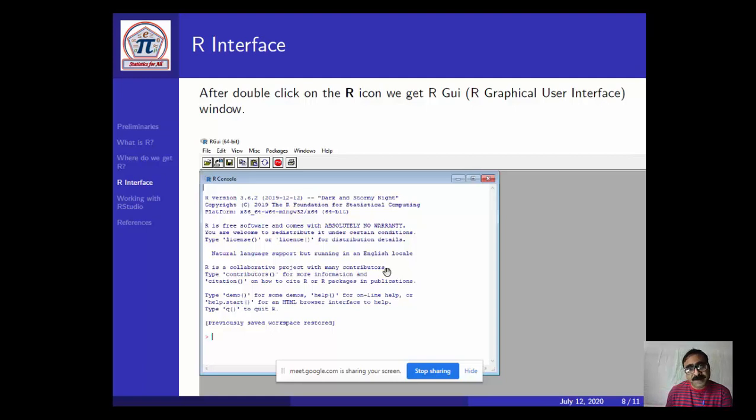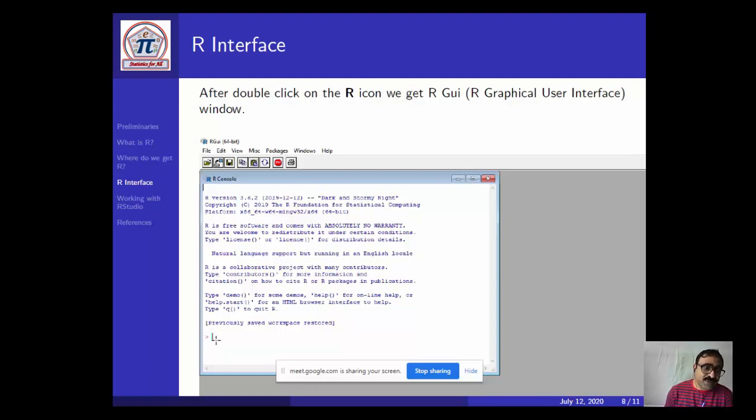Here you can go to Packages and always set the mirror to 0-Cloud, which will be a better option. In this R console, whatever command you write near this greater than symbol will be executed.